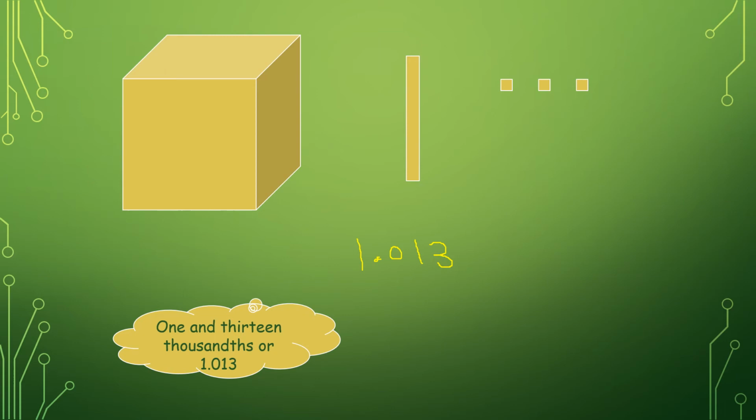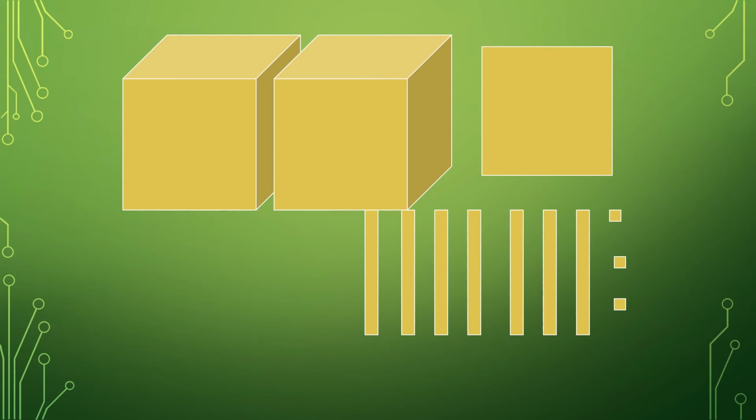1.013. Alright, next, now see, in this question there are 2 bars. Okay, there are 2 bars, and we know that bars were representing the whole part. So now if you see, then the number will be 2 point, 10th part is 1. Okay, how many sticks are there? 1, 2, 3, 4, 5, 6, 7. 7 sticks, 10th part. And how many blocks are there? 1, 2, and 3. So